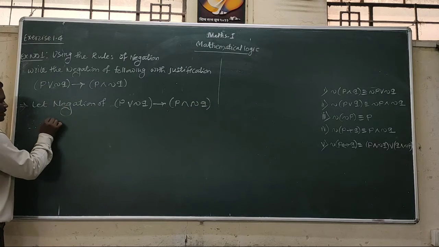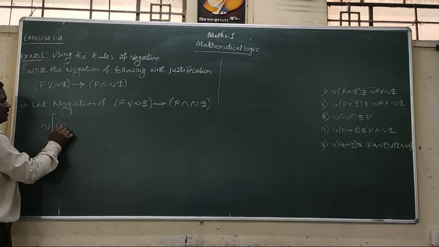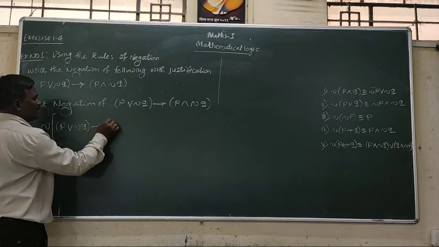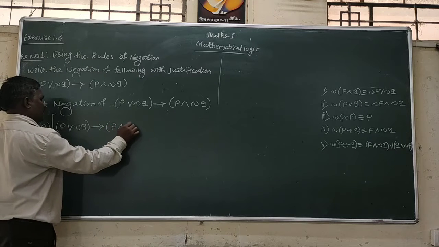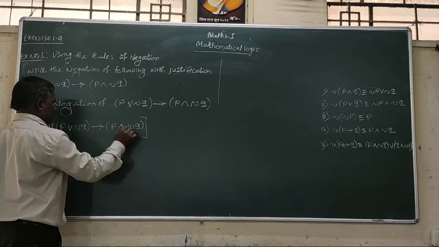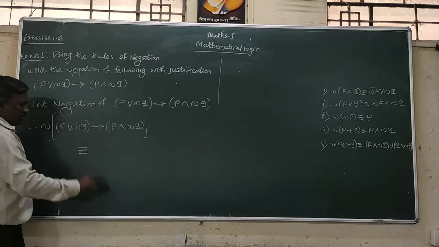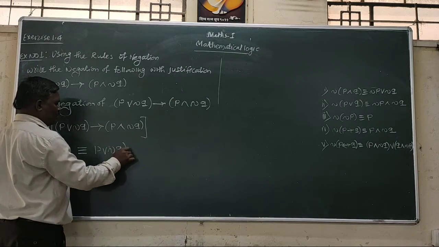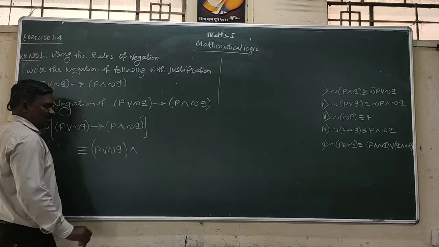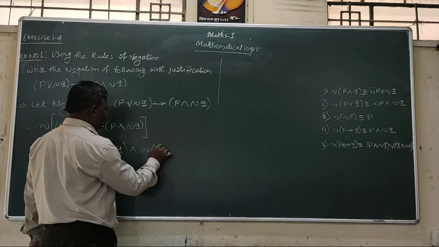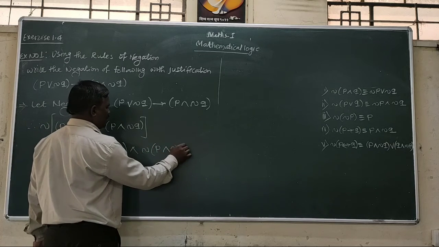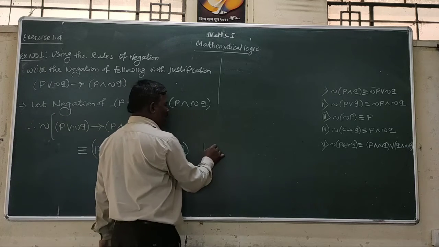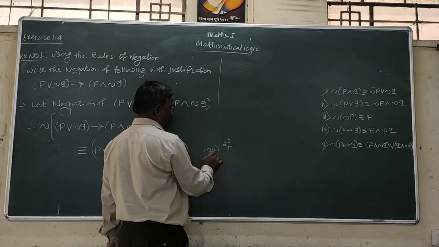Therefore, the negation of [the first bracket P disjunction negation of Q implies P conjunction negation of Q] is equivalent to P disjunction negation of Q, conjunction with the negation of [P conjunction negation of Q], using the fourth rule, that is the law of implication or